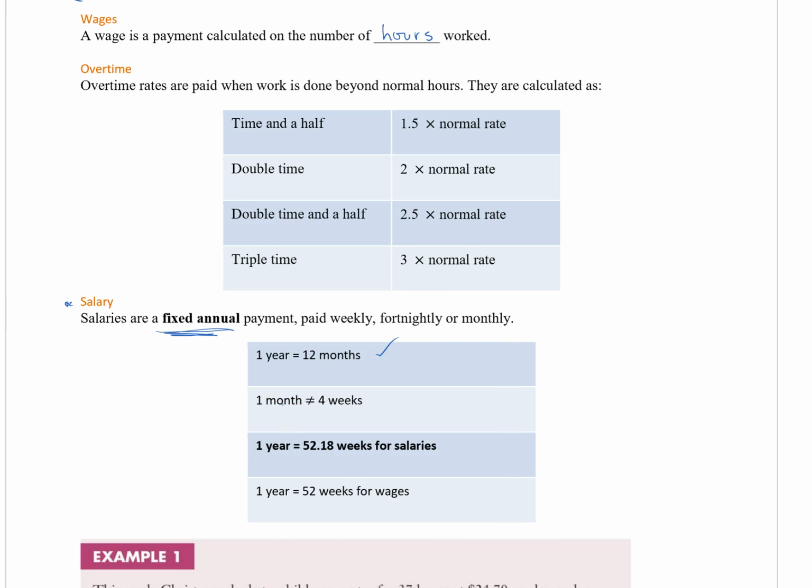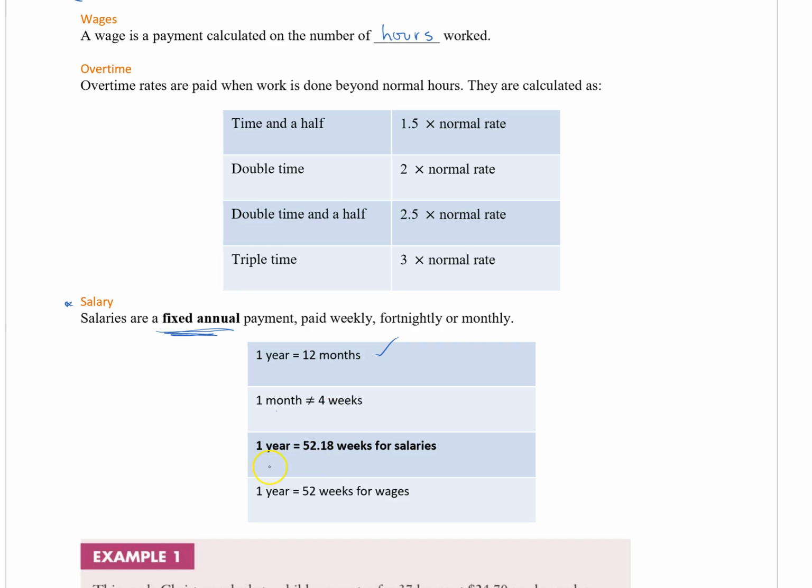Please be aware that 1 month is not exactly 4 weeks, and don't ever convert a weekly salary by multiplying it by 4 to get a monthly salary. That is not the case. Even a monthly wage, we don't calculate by multiplying a weekly amount by 4. We do know that,